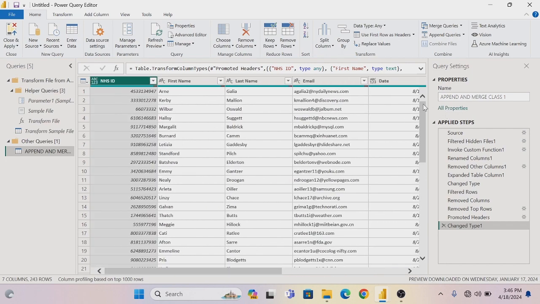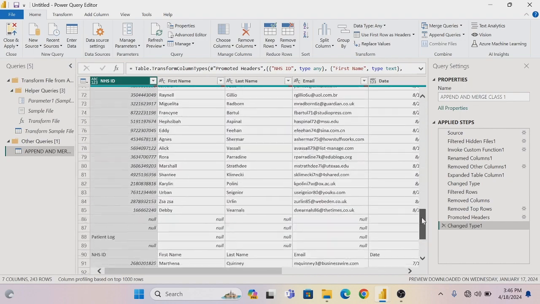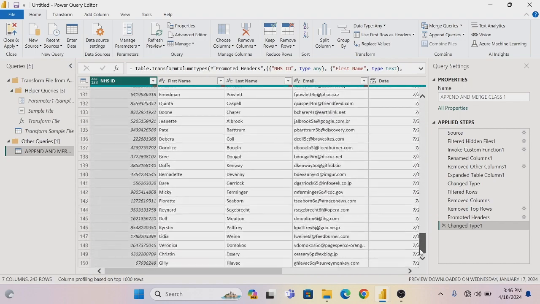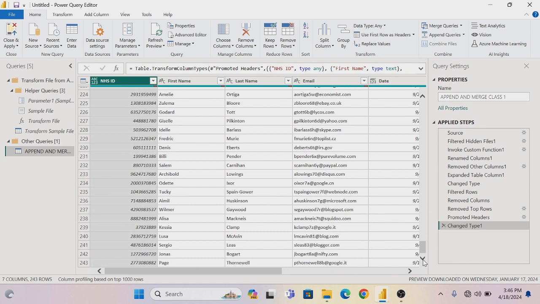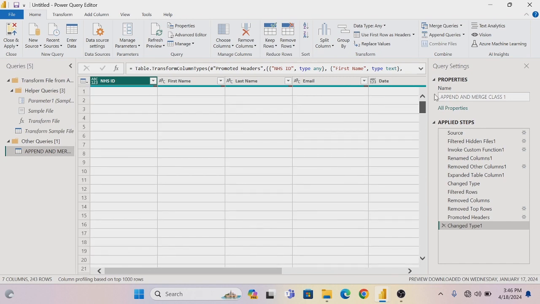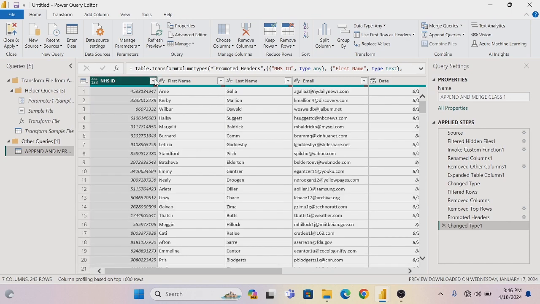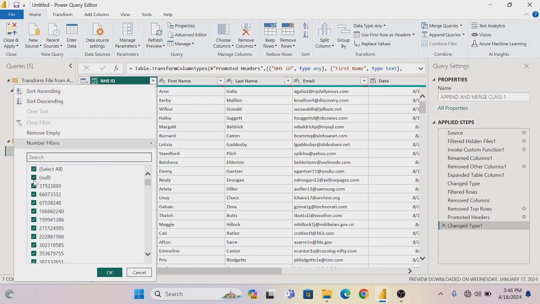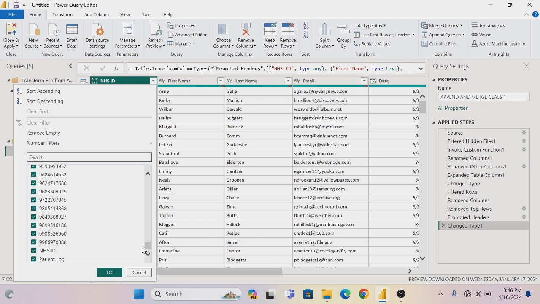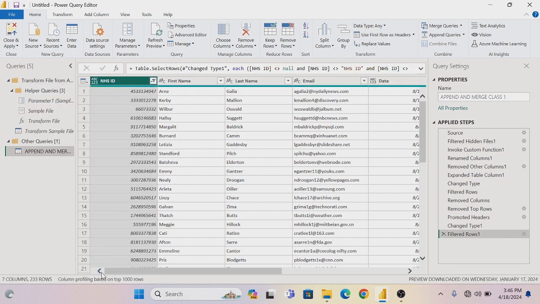Okay, now let's go down and see what we have here. You see, we still have some null values down there. So what to do? Now come down to this filter up here. We are going to uncheck the null values. Next, let's go down. We are going to uncheck NHS ID. We are going to uncheck patient log because they are not needed. Okay. So we're left with 7 columns,